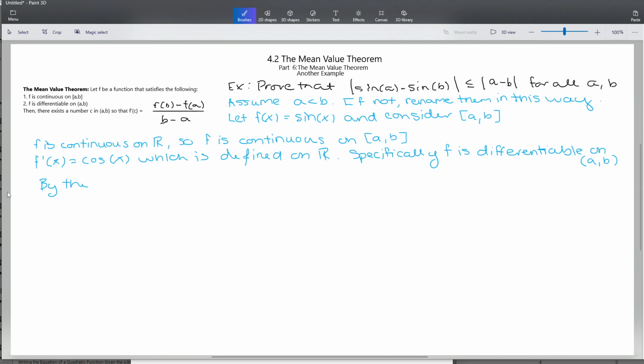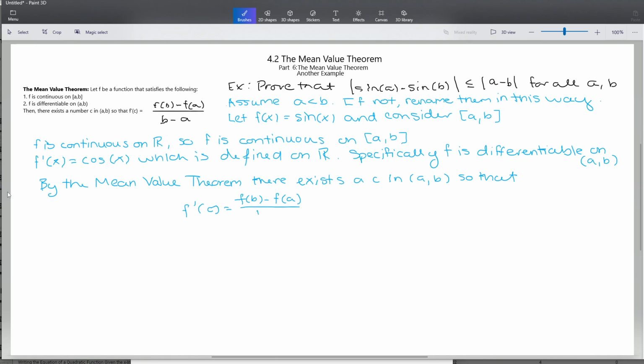So by the mean value theorem, there is a C in AB so that, now let's conclude, f prime of C is equal to f of B minus f of A